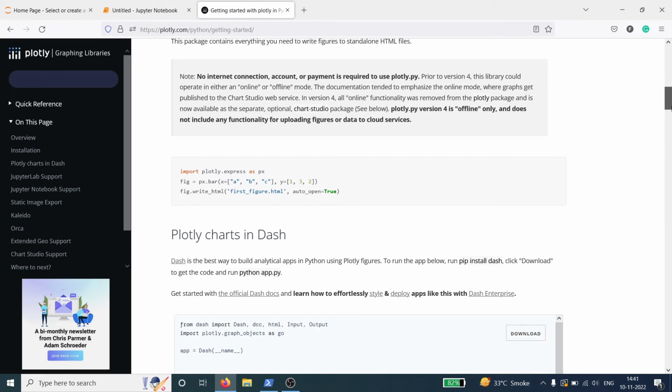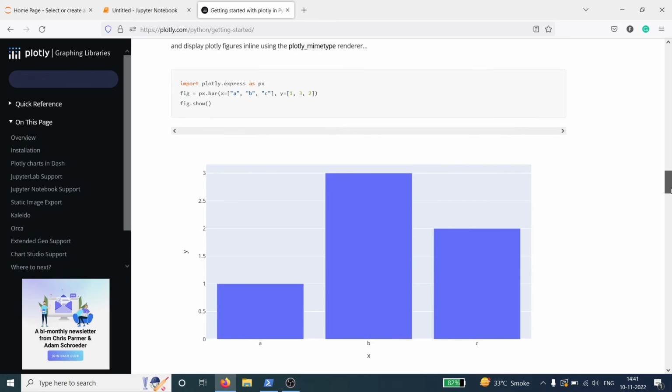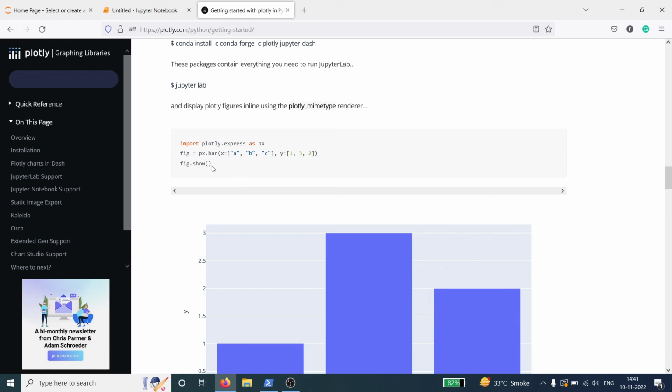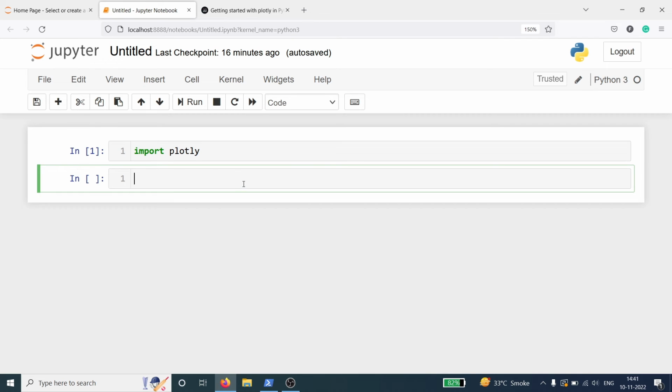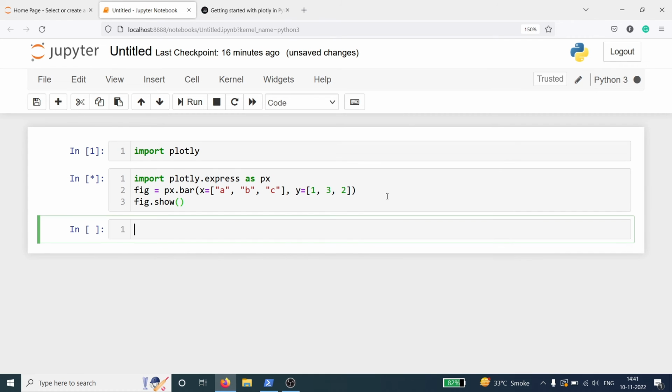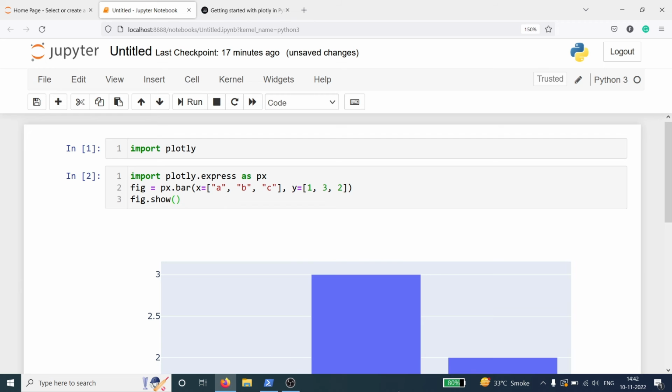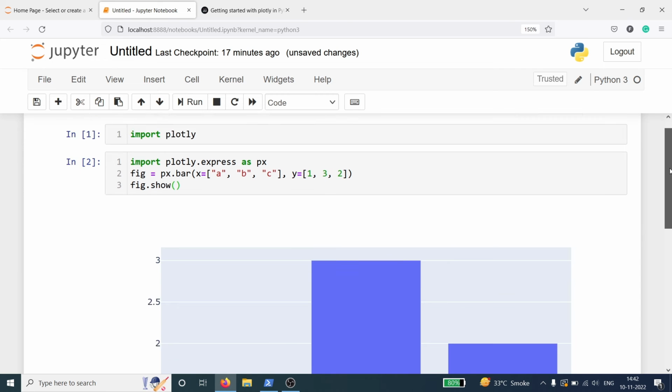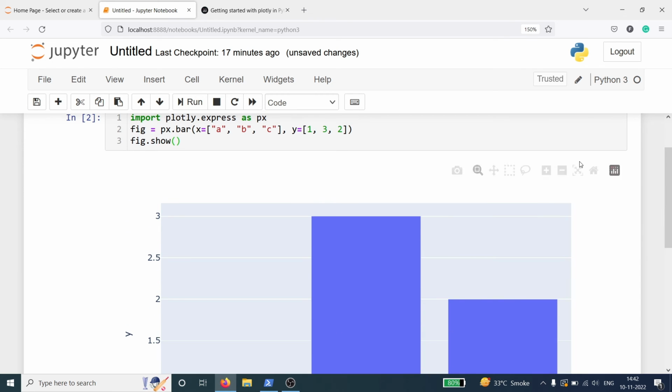Let's say I'll copy this code from here of bar plot. I'll paste it here and I'll run it. Here in the output, you can see we got a bar plot here, and there are so many options available